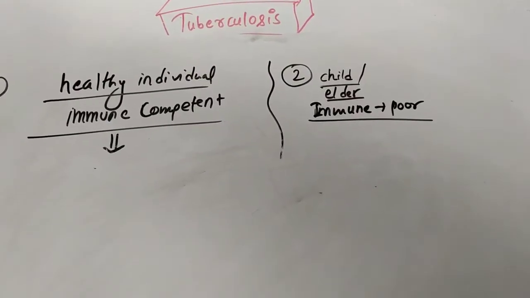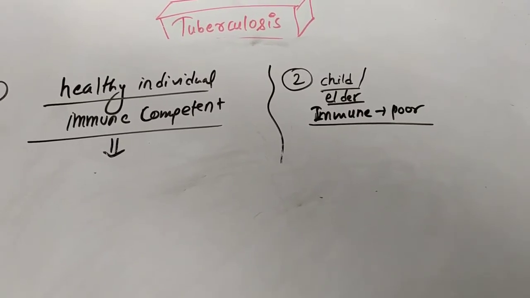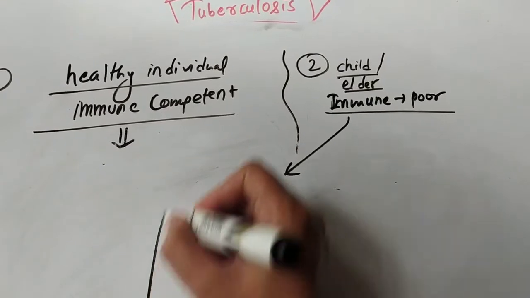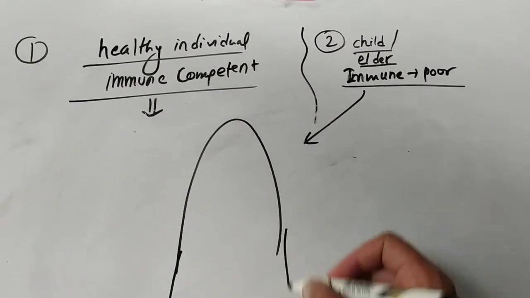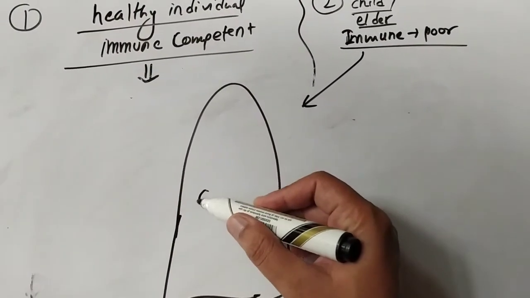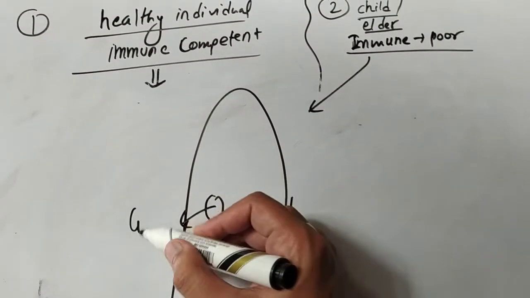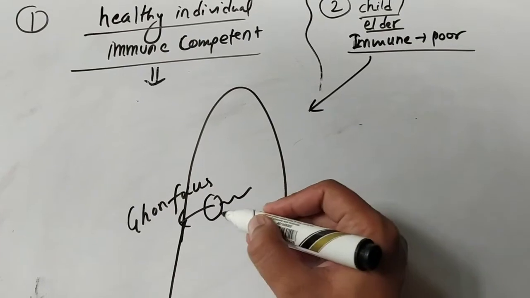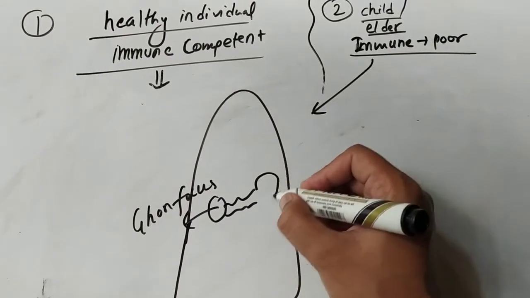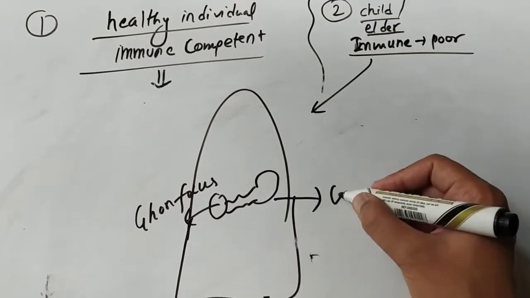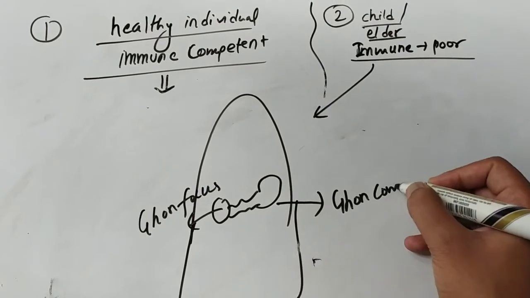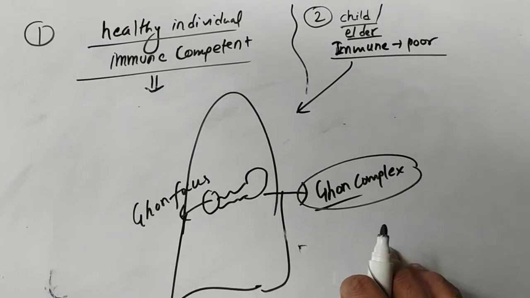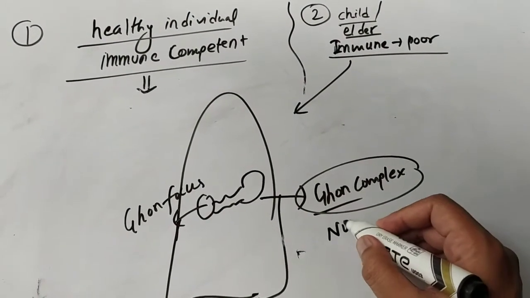But the things are not similar in the case of children, elderly, or immunocompromised persons. So see what will occur in this person. There will be the formation of the Ghon focus, I have already told you how it is formed. There will be the lymphadenopathy, there will be the lymphangitis. It means there will be the formation of the Ghon complex also. So Ghon focus and Ghon complex will be formed, but the Ranke's complex will not be formed. So there will be no Ranke's complex,